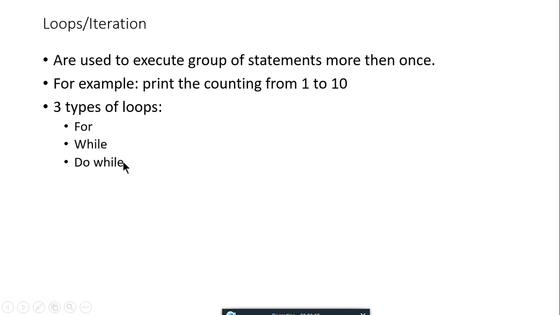To perform the iterations, you can use any one of these loops. It is based on the programmer's choice which loop the programmer prefers. Generally I prefer the for loop, some prefer the while loop, and similarly some prefer the do while loop. So the same task can be performed by any of these loops. Okay,